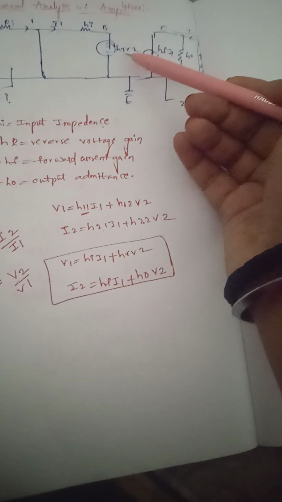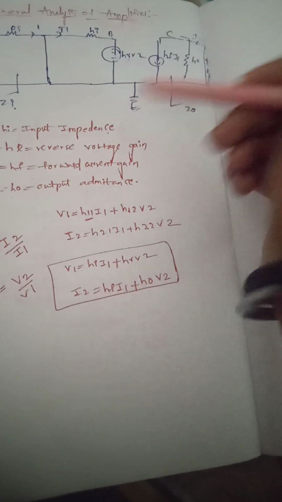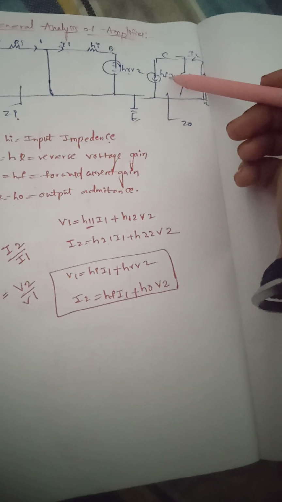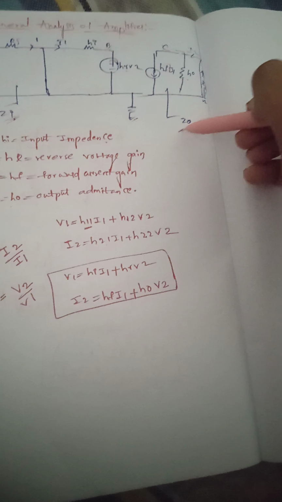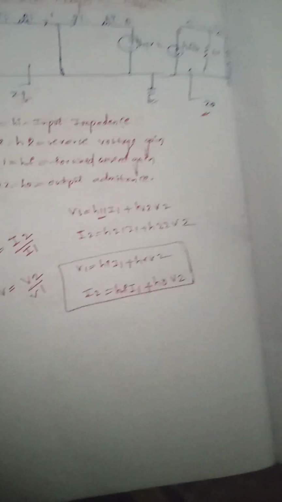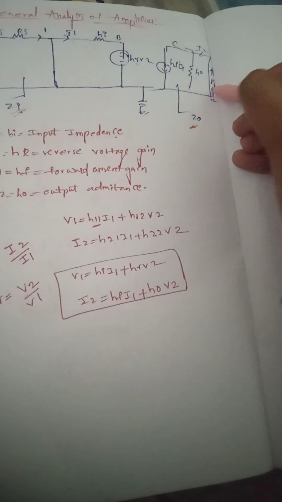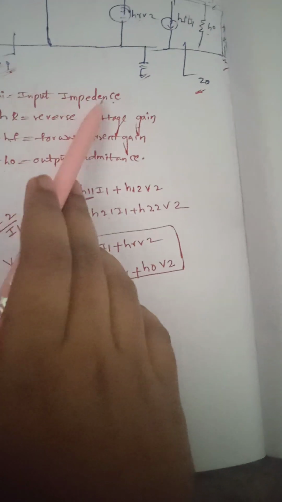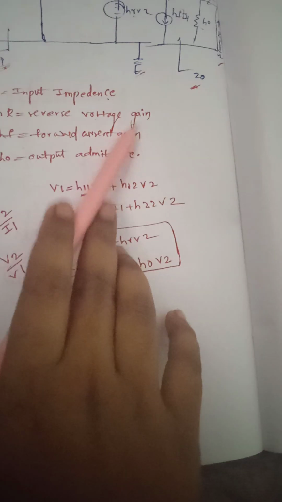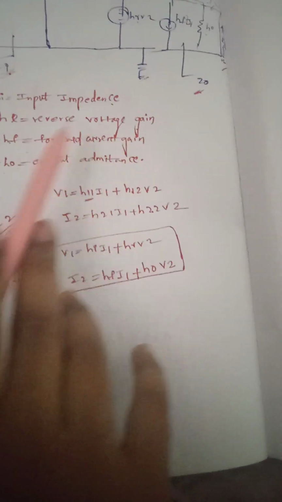Hr is also known as reverse voltage gain. E is emitter, C is collector, Hf is forward current gain, H naught is output admittance. Here Zi is input impedance, Zo is output impedance. So here we have load resistance RL and load voltage VL. So H11, Hi, is known as input impedance, Hr is reverse voltage gain, Hf is forward current gain, H naught